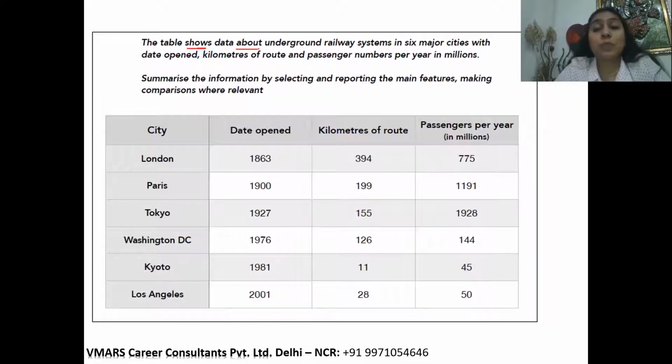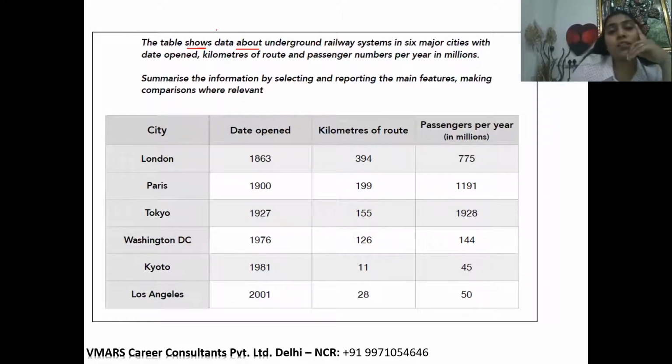So, okay, I'll just frame a different sentence now. I'm going to give you information about monthly sales. Can someone help me in getting a synonym for about? What can be placed over here? Of. For. For monthly sales, okay. Regarding. Regarding, very good. I had regarding in my mind and I was thinking who will match it. So regarding, that was what I was thinking. So the table represents data regarding underground.